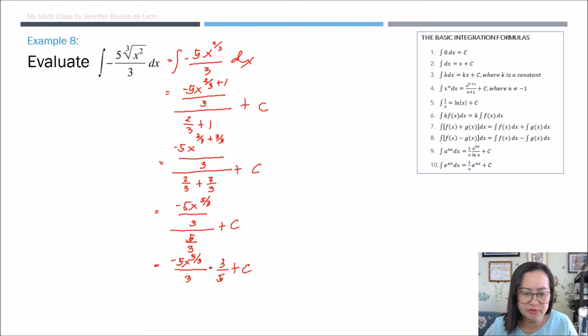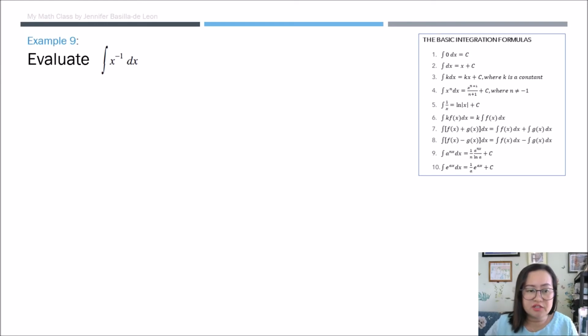So we can cancel 3 and 3, then 5 and negative 5, so we'll have negative 1. Okay, so the result would be negative x raised to 5/3 plus c. Now rewriting this in radical expression, we will have negative x times the cube root of x squared plus c. Okay, that's example number 8. Now let's have example number